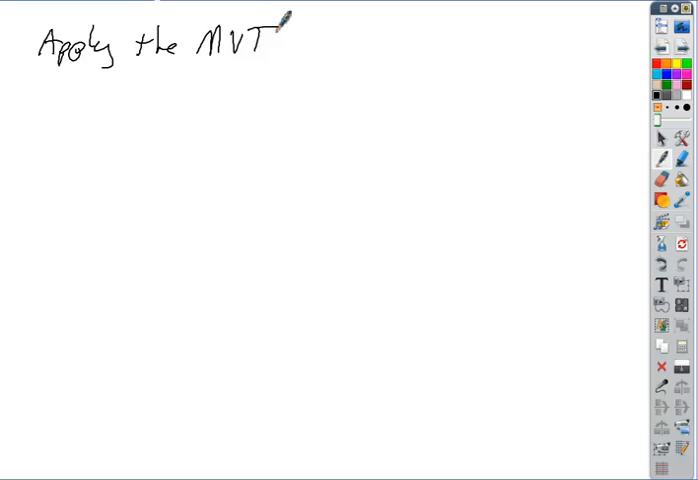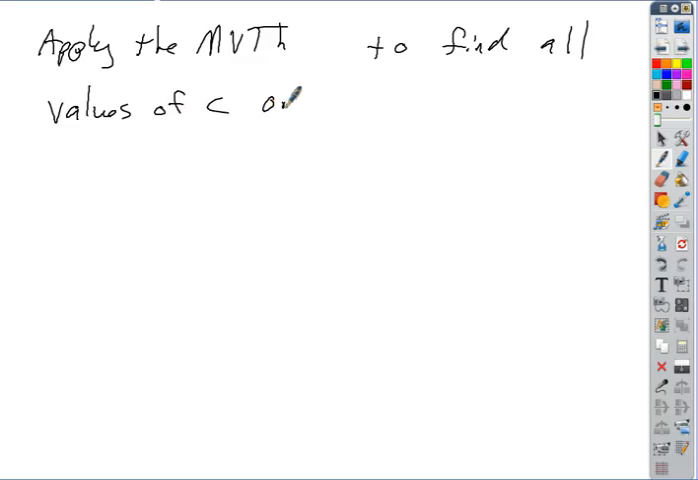Apply the mean value theorem to find all values of c on the interval from a to b such that